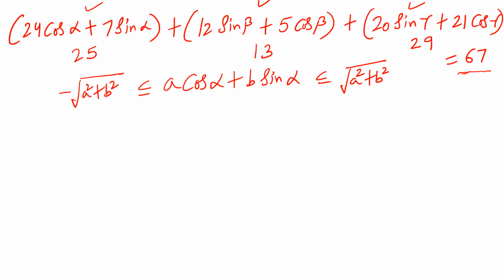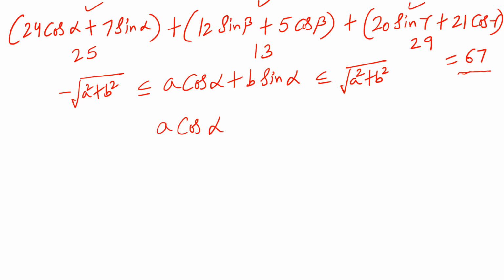So this clearly implies that the values of alpha, beta and gamma which satisfy this equation will be those values for which 24 cos alpha plus 7 sin alpha becomes maximum. Similarly, 12 sin beta plus 5 cos beta will also become maximum, and 20 sine gamma plus 21 cos gamma will also become maximum, right? Now students,